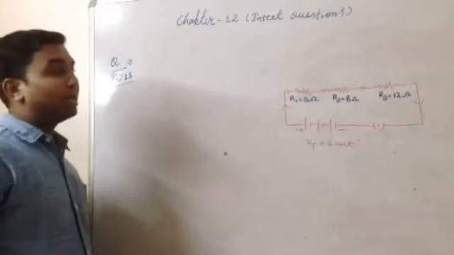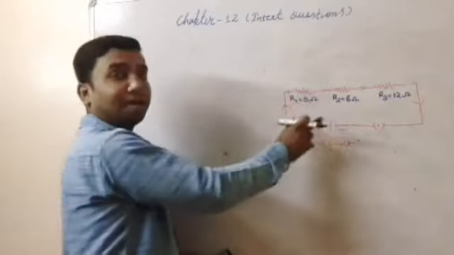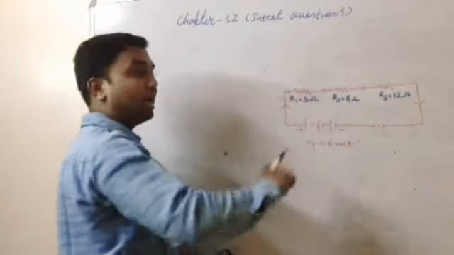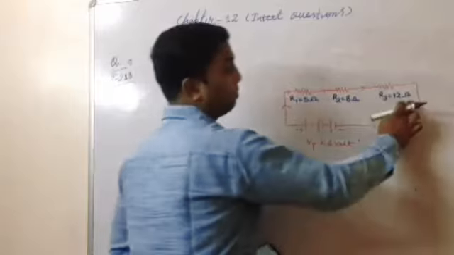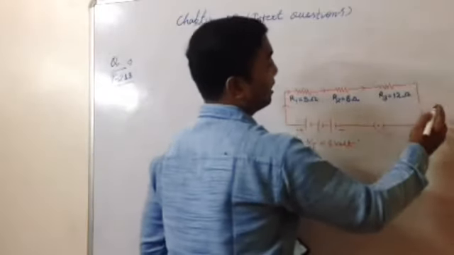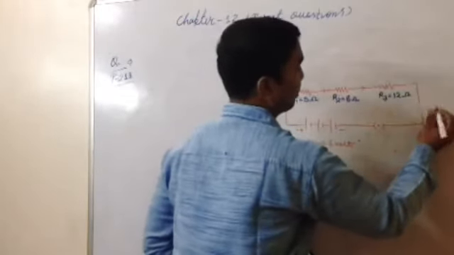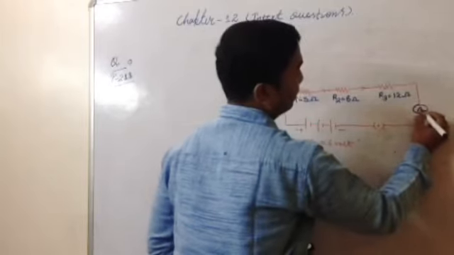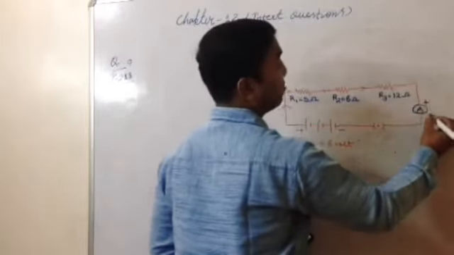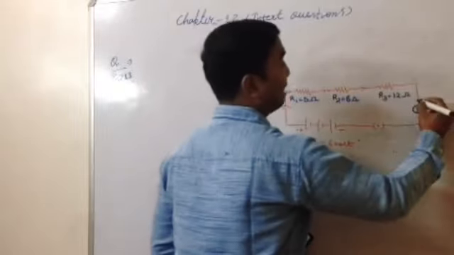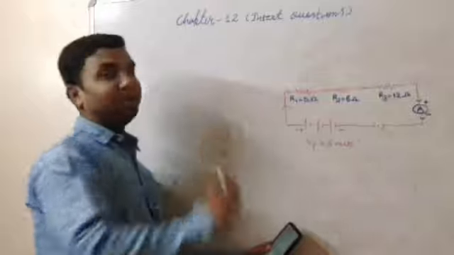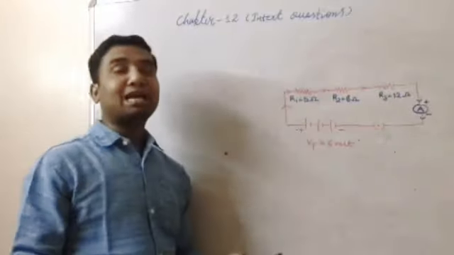So ultimately what they are saying is that in the circuit that you have drawn in question number 1, now you connect an ammeter. So how can we connect an ammeter? Here we can connect. So this is the ammeter that I am connecting here. That's the symbol of an ammeter, plus and minus. So now the current will pass through this ammeter. So the ammeter we have connected.